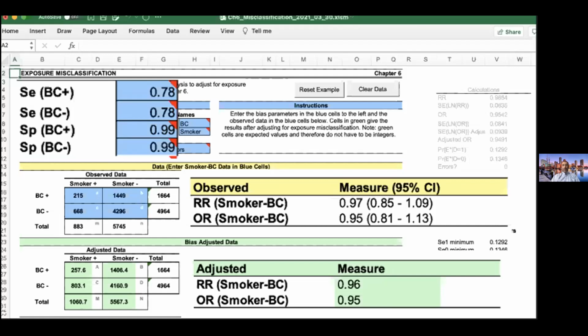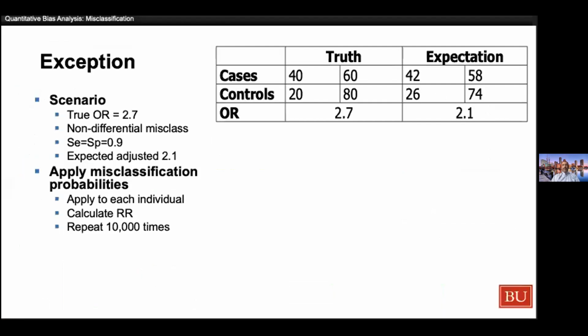But it's important to remember that this is an expectation. When people say non-differential misclassification biases towards the null, they're talking about the expectation. On average, the bias is towards the null when we have non-differential misclassification of a dichotomous exposure and a dichotomous outcome. But imagine a scenario like this one where I knew the true data